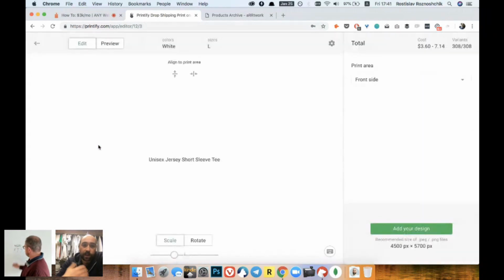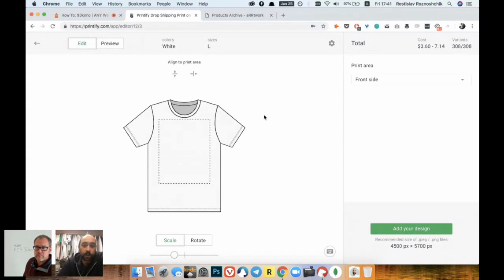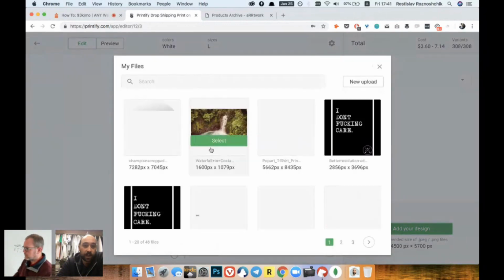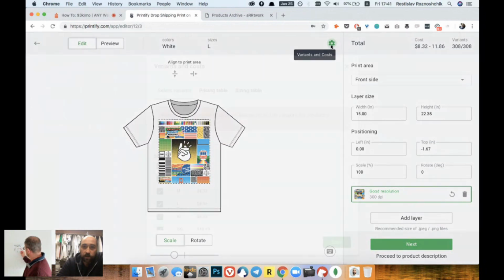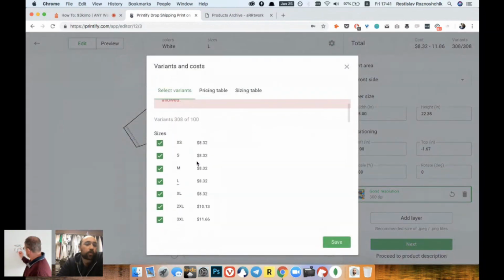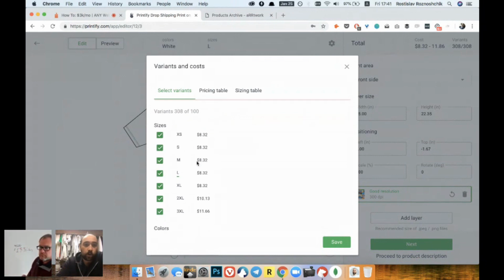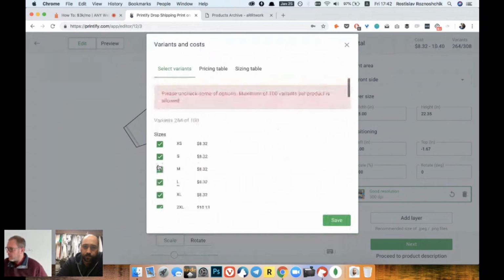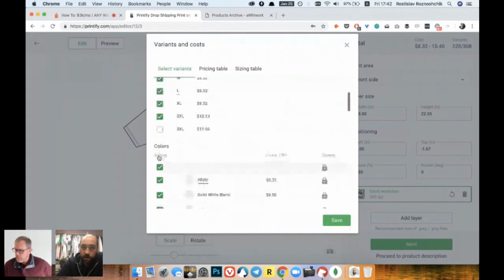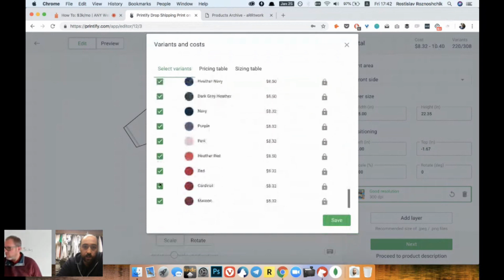So you would click Start Designing, and immediately you would end up on our mockup generator. Now over here, you simply add your design, and over here, we've got a bunch of them. So I'm going to choose a Printify test print that we use. And then you go in to variants and costs, and this is where you choose which colors and sizes you're going to sell. Now WooCommerce, like every other sales channel, has limitations over how many variants they actually allow you to publish. Every size and color is its own variant. I'm sure you guys are familiar. So although we have a lot of colors, I actually have to make a choice for which ones I want to sell. And just for the sake of getting this going, I'm going to uncheck a bunch of options really quick